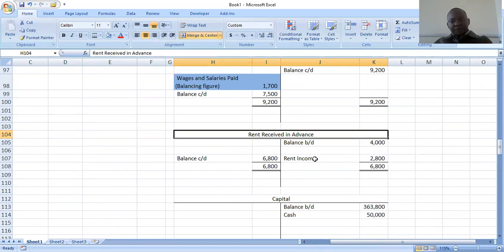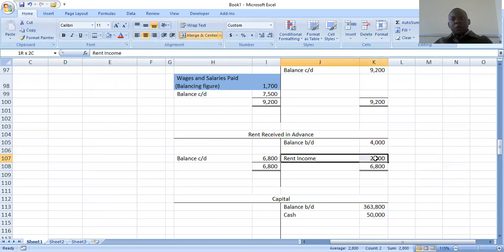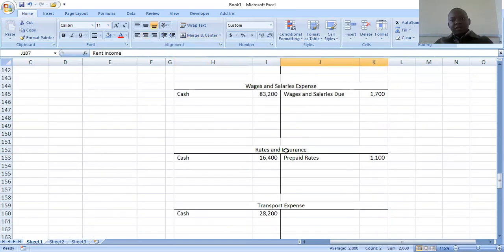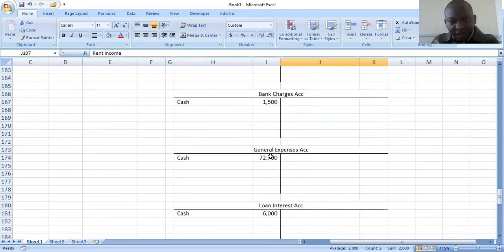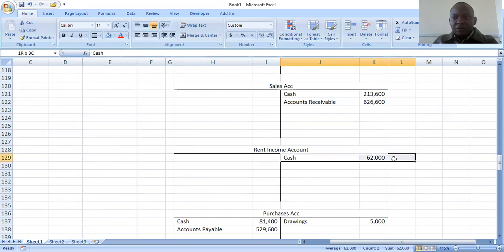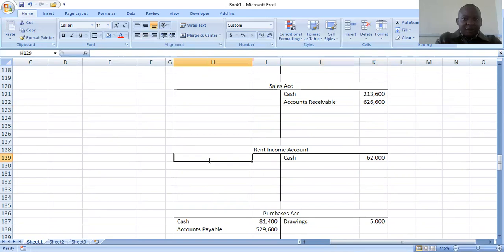So therefore we debit the rent and insurance. Rent income account, where is it? We credit the rent income account to remove the prepayment from the rent. I'm tired also. So we credit the rent income account with the prepayment, to remove the prepayment from the expense, that is the rent